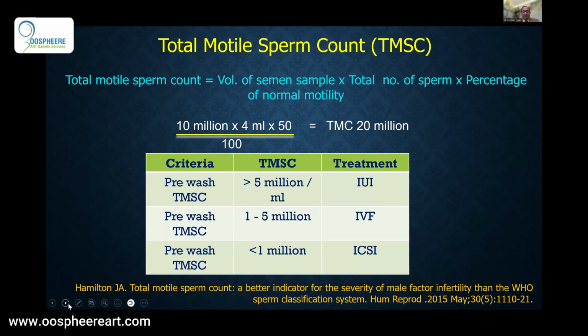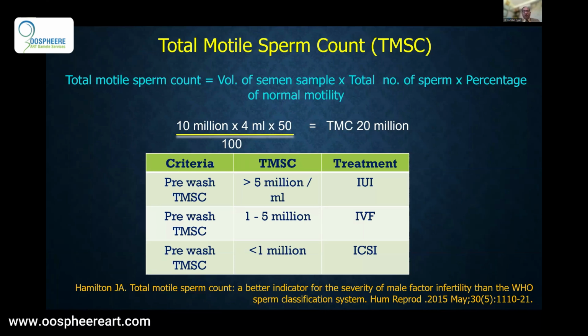And that is what you need to count: total motile sperm count in the semen sample. So I'll give you one example as it is written here. A patient has collected 4 ml of semen sample and it contains 10 million sperms per ml. So in 1 ml it is 10 million, in 4 ml those will be 40 million sperms. So in an ejaculated sample, a person is having a total of 40 million sperms. Now out of them, 50% are grade 4. So it is clear that we have to calculate 50% of that 40 million, and that comes to 20 million.